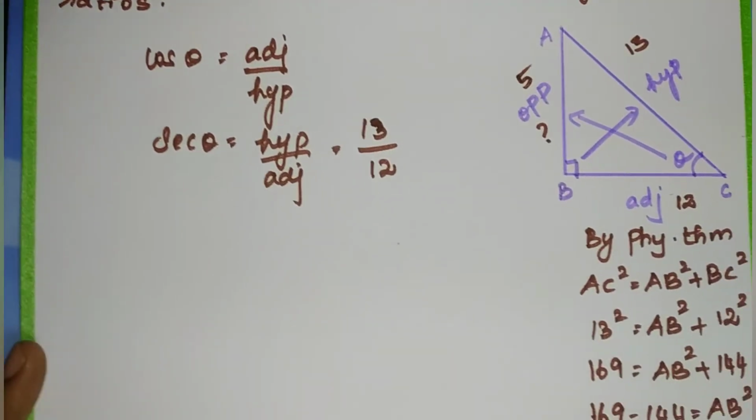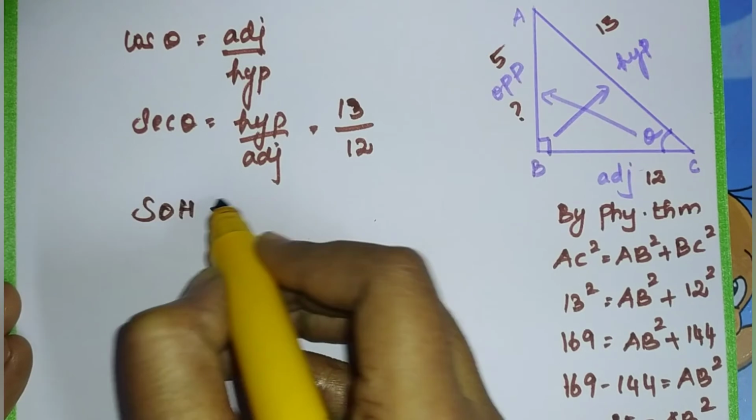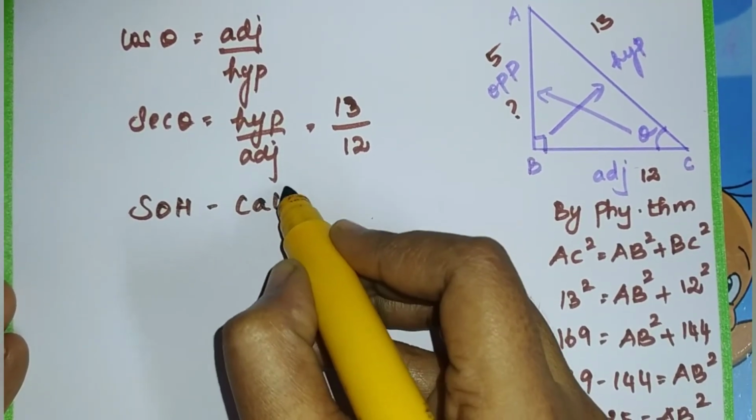So write all the trigonometric ratios, first